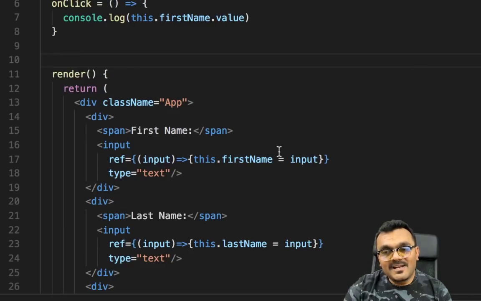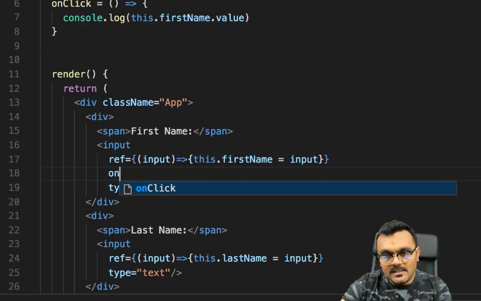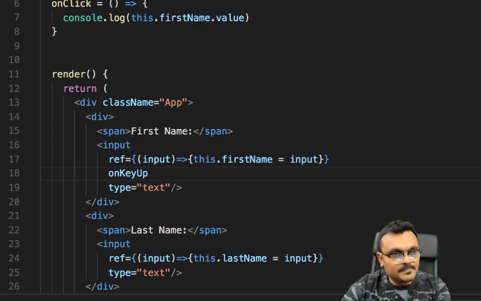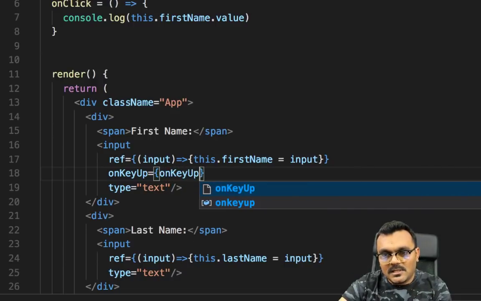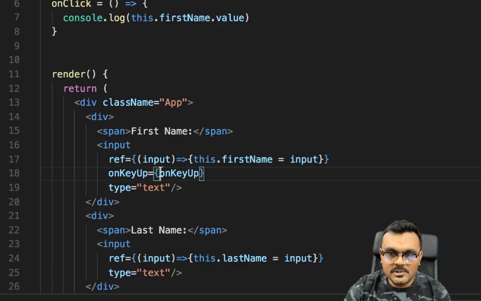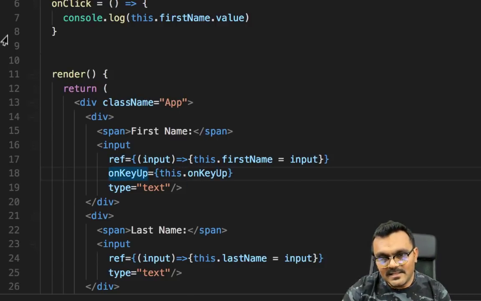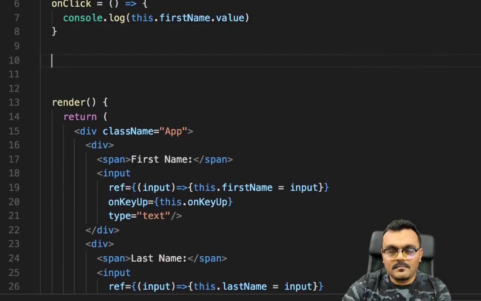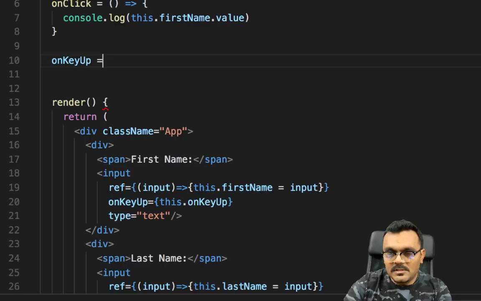For an input box, there is an event called onKeyUp. So I'm going to add it here, onKeyUp, equal to some handler. Let's just call it onKeyUp handler. So this should be this.onKeyUp. Okay, so we need to create this handler here. Let's create it, onKeyUp equal to,